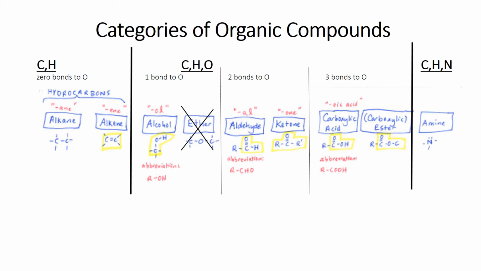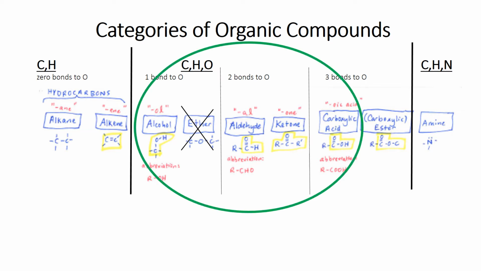Alcohols and ethers have just 1 bond to oxygen on the carbon. Aldehydes and ketones, you'll notice carbon is making 2 bonds to oxygen. And then on carboxylic acids and esters, carbon is making 3 bonds to oxygen. That again will be the foundation for us making sense of organic redox. On the far right, the amines, I didn't make any comment on that because there is no oxygen. So let's take a look.